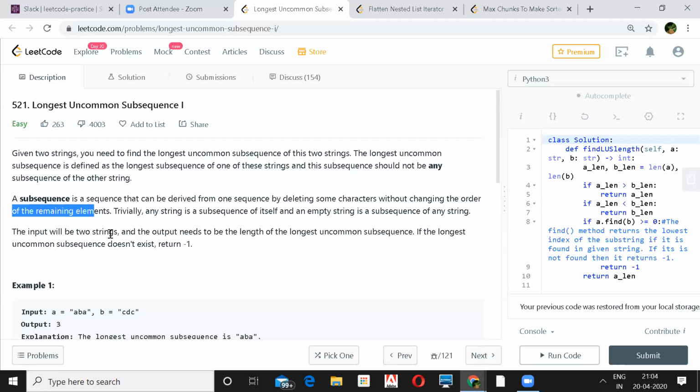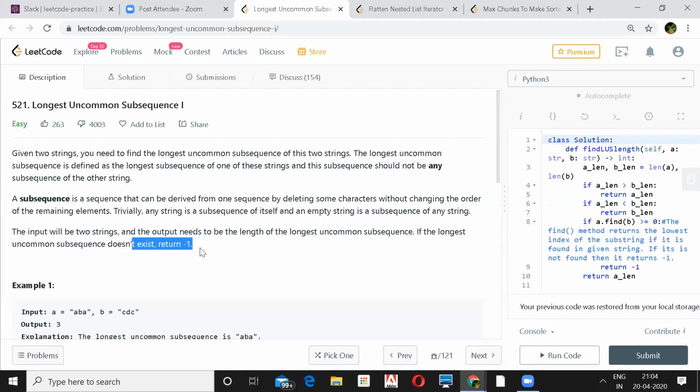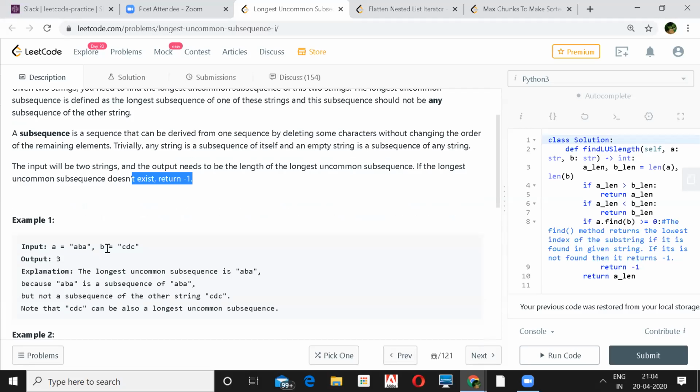The input gives us two strings, and the output needs to be the length of the longest uncommon subsequence. If it doesn't exist, we need to return -1. So let's say here you have ABA and CDC. You can see none of the characters of one match the other. They are both entirely different. So the longest one would be